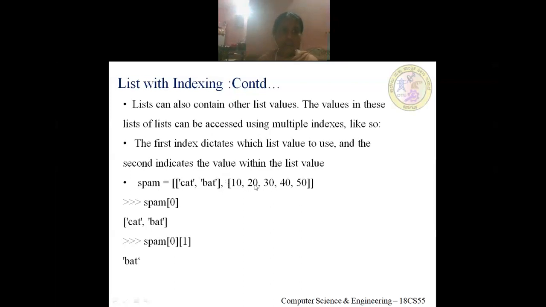So this is how a list can also contain another list. If you want to access the elements in such cases, we go with multiple indexing. This is not limited to only two dimensions. Again, it can have any number of inner lists inside the list.